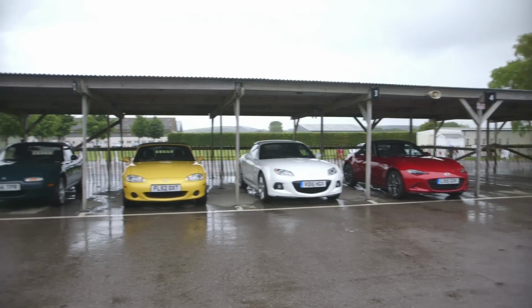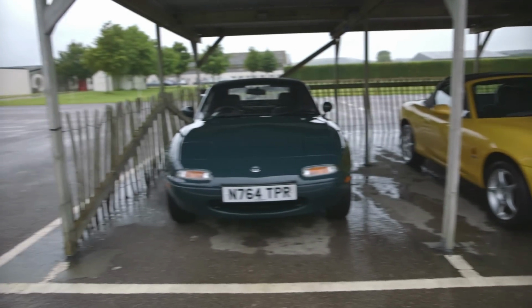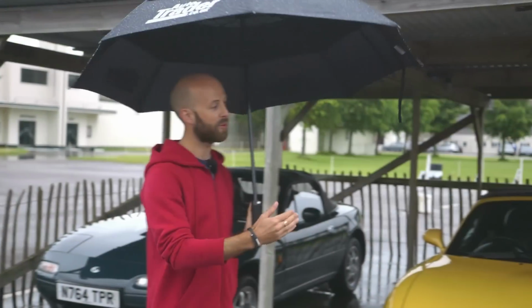The Mazda MX-5, after 25 years and over 1 million sales worldwide, has come to dominate this market like no other sports car before or since, with a winning formula that's based on lightness, simplicity, and of course, rear-wheel drive handling balance. Now, today on track, we'll be taking everything from the 1989 original all the way through to the